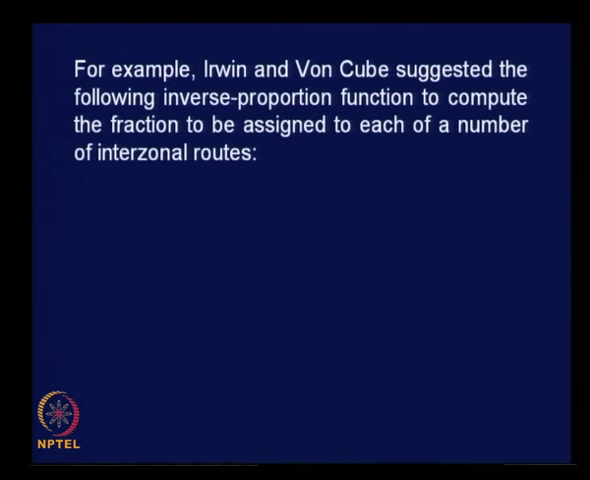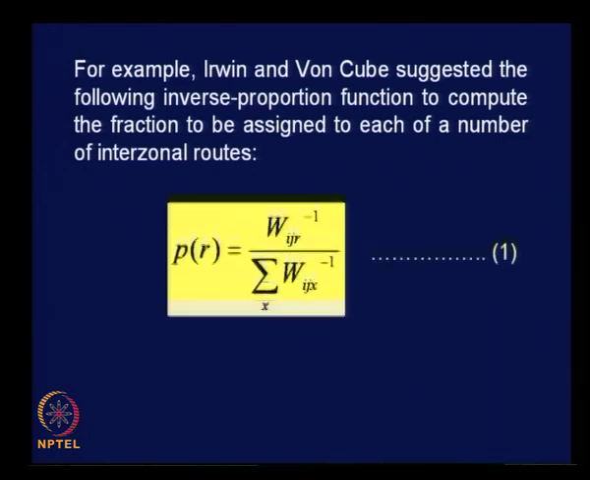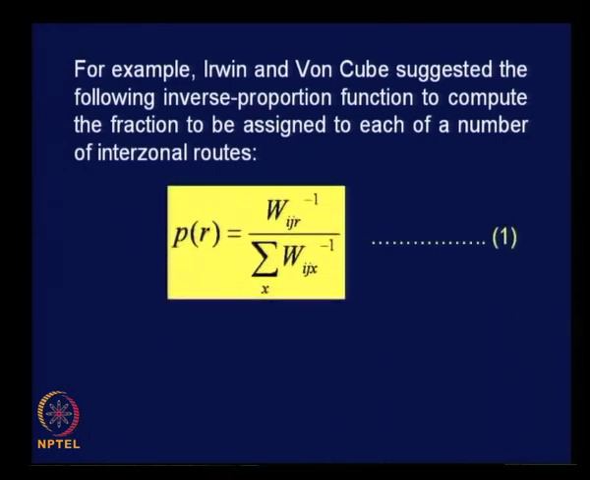Irvine and Von Cube suggested the following inverse proportion function to compute the fraction to be assigned to each of a number of interzonal routes. This is the formula suggested by Irvine and Von Cube. PR is equal to